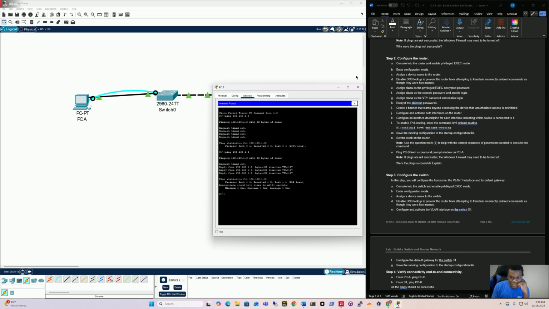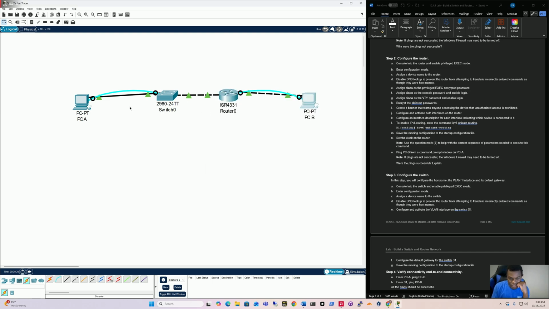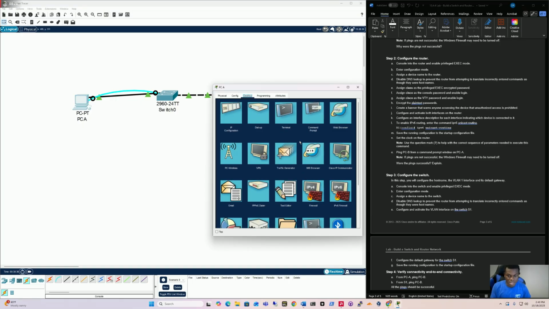So the reason why it's successful is because the routers are now allowing the traffic from this network to come to this network. Because they're both connected to the router, it knows what the next hop is to get to the different network. Now we need to configure the switch, and to do so, we're just gonna jump into PCB